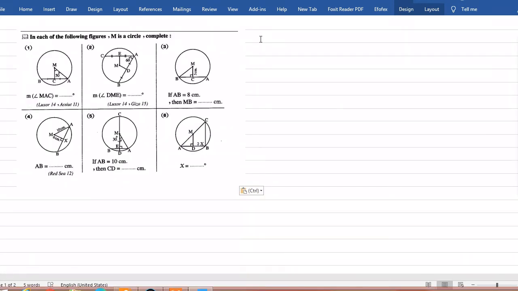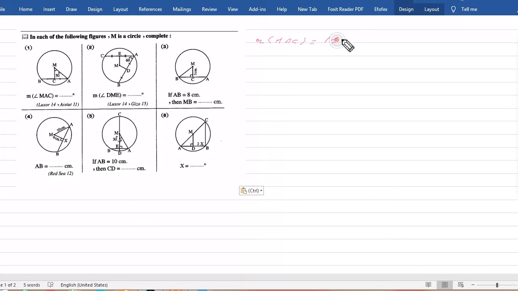Example: in each of the following figures, M is the circle's center. First figure, find the measure of angle MAC. Since AC equals CB, then the measure of angle MCA equals 90 degrees. Then the measure of angle MAC equals